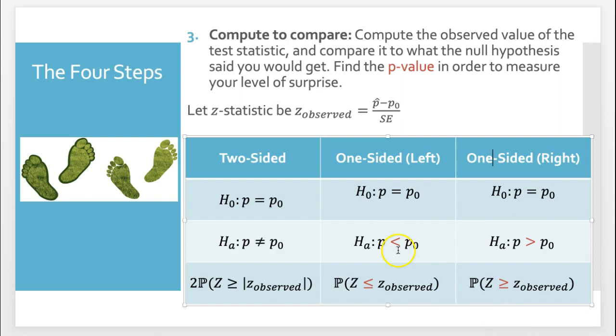So if it's less than, remember p-value, probability of observing our test statistic and more extreme values, right? So the direction of extreme is determined by the alternative. Okay, so this is less than, therefore this is less than or equal to. This is greater than, therefore this is greater than or equal to. And this quantity here, if it's not equal to, then it just means that we suspect that there's a difference. So it could be a lot larger than P naught or a lot smaller than P naught. But really, we're just interested in the absolute distance from this value here. So that's why we have the absolute value here and here. Okay, but so